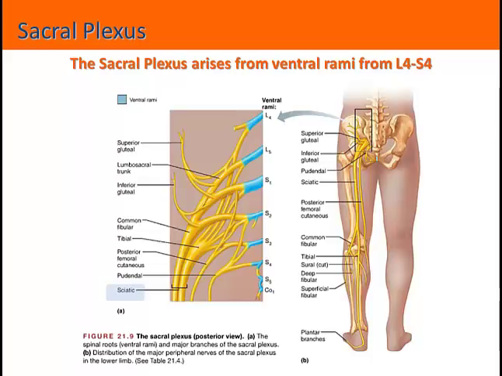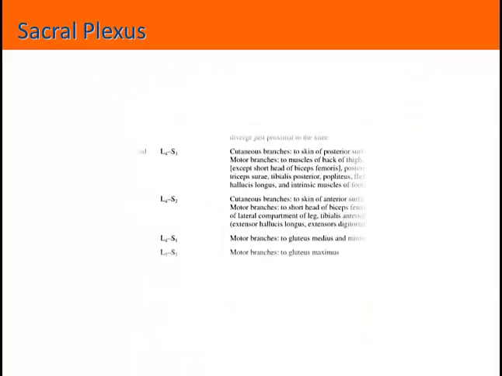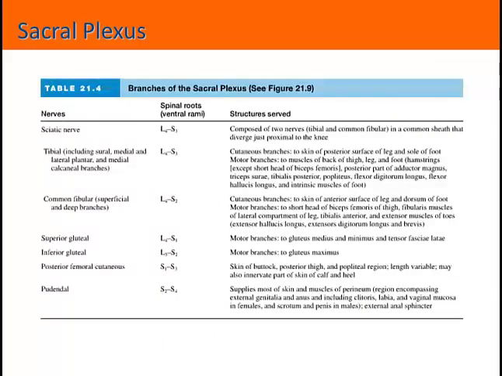The sciatic nerve is the longest nerve in the body and gives rise to both the tibial and the common fibular nerve that together supply most of the muscles of the lower limb. And so again, you're going to want to visit the summary table in your lab manual as a starting point to identify these 7 nerves, where they come from, and what structures they serve. So along with this table, the Visible Body software, and any other resource you can get your hands on, you'll be able to complete the workbook.